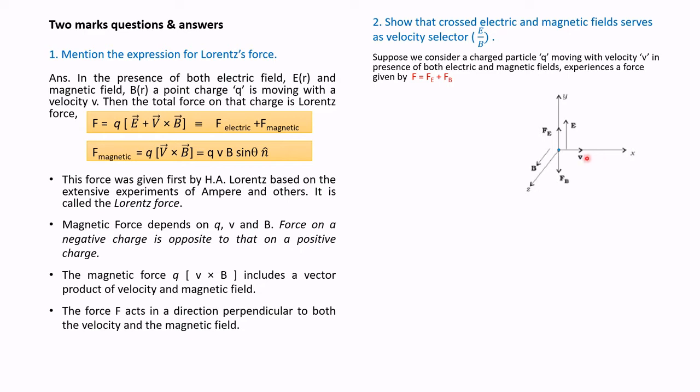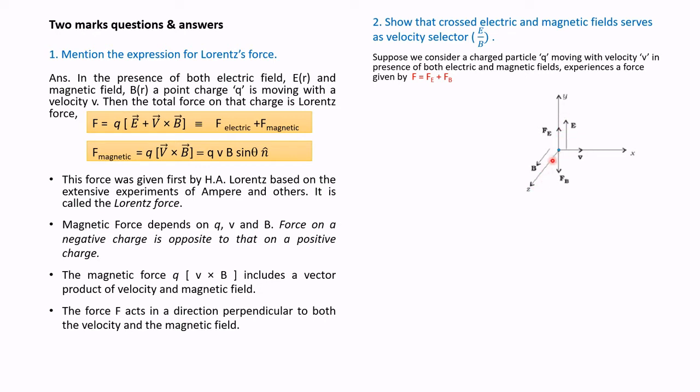In the diagram, velocity V is along the x-axis. E is at 90 degrees, that is along the y-axis. That is, the electric force Fe is perpendicular to this velocity. And the vector B, that is the magnetic field, is perpendicular to both the velocity as well as the electric force Fe. This is shown here along the z-axis. So there are three axes, x, y and z. V is along x, E is along y and B is along z.